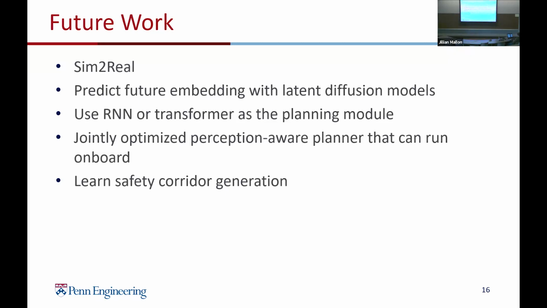Lastly, although an end-to-end policy has the best efficiency, the problem with it is the lack of interpretability and expandability. Another direction would be only replacing the part that is computationally expensive in a traditional planner. We already identified one, which is the safety corridor generation process. So another direction is using the proposed imitation learning framework to only learn a policy for safety corridor generation and see if this can help when used in a traditional optimization-based planner.